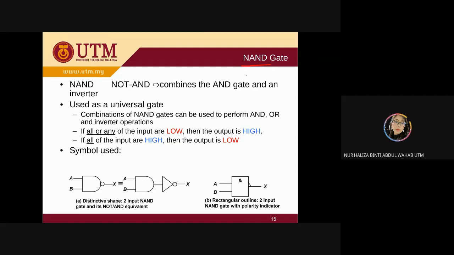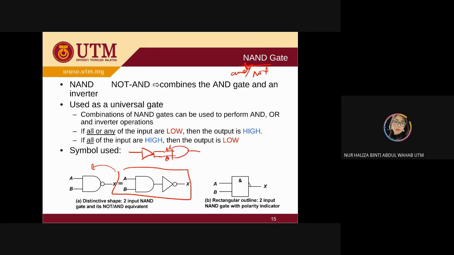For the NAND gate, we have NOT and also AND gate. So this is basically the representation, the combination for the NAND gate. Please make sure you don't pick the wrong one. I don't know how to draw it, but if you want to combine, maybe you combine like this, A, B,